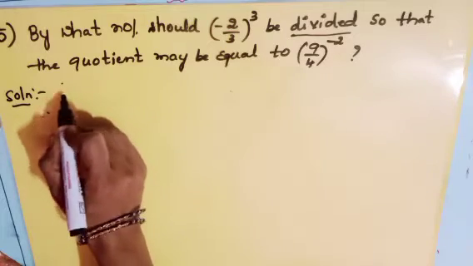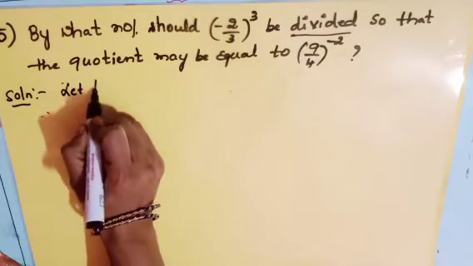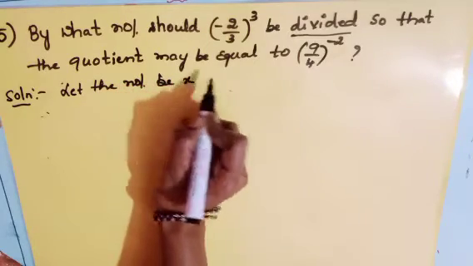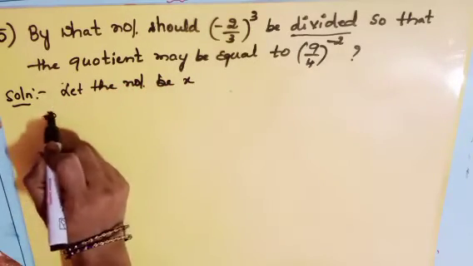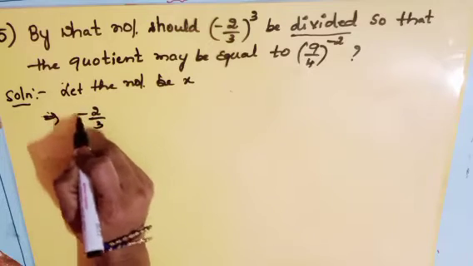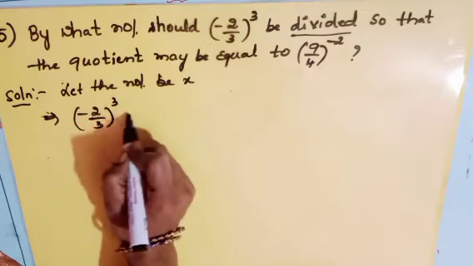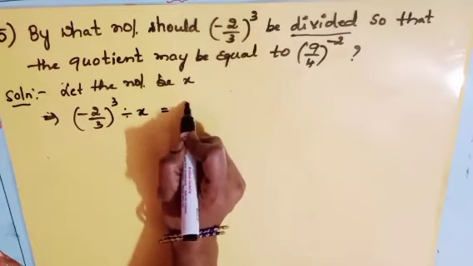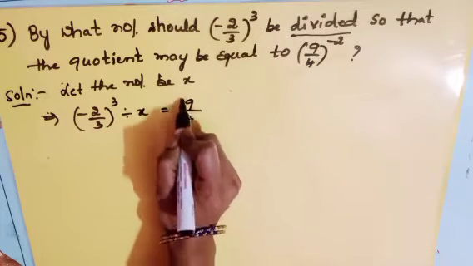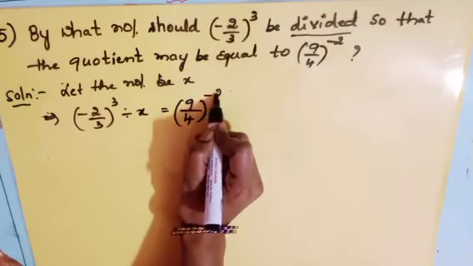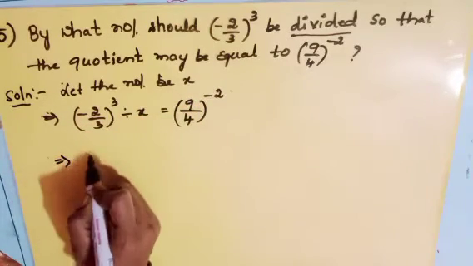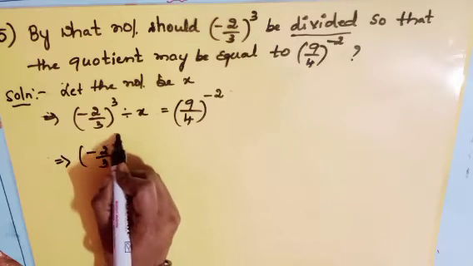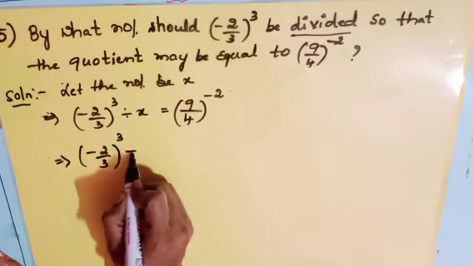That is, let us assume, let the number be x. Next, minus 2 by 3 whole to the power of cube divided by x equals to, the quotient is 9 by 4 whole to the power of minus 2. Next, minus 2 by 3, as it is, we have to write whole to the power of 3 divided by